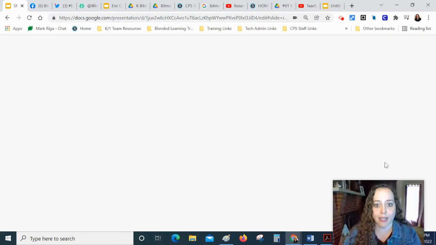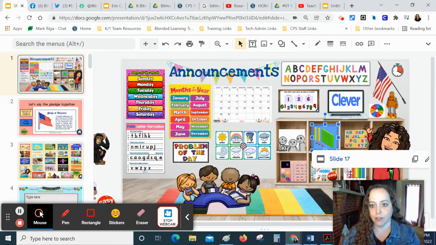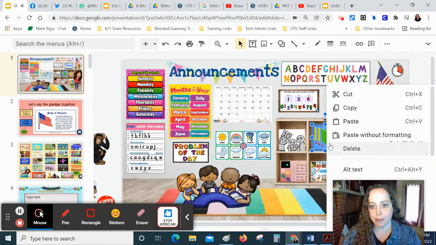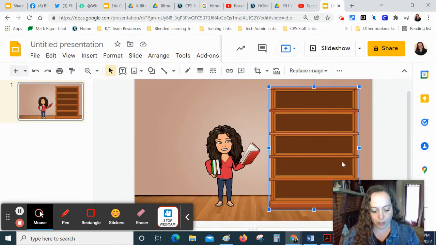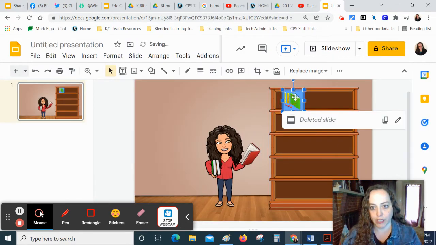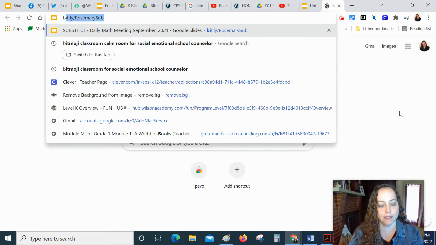Let me go back to some of mine in my completed one. Let's say that you have this picture of the base 10 blocks. I'm just going to copy that and I'm going to paste it to my shelf. It can sit here on the shelf. You can imagine right now, this could be a book that you're reading aloud. It went to another slide in my slide deck. Let's just say I want it to go to base 10 blocks,